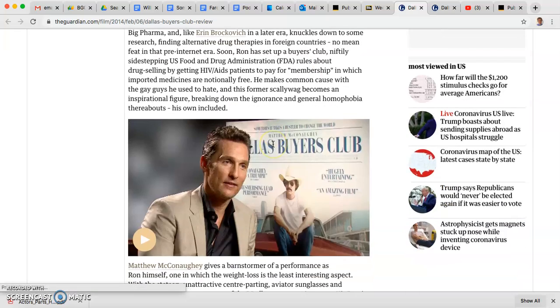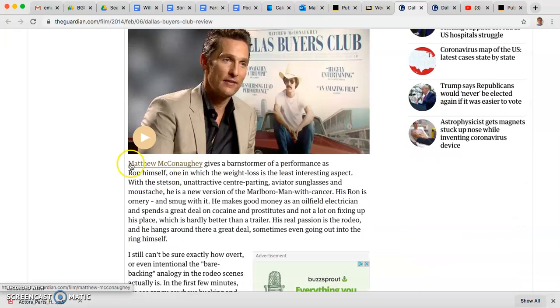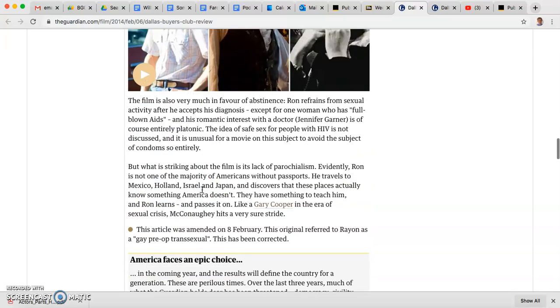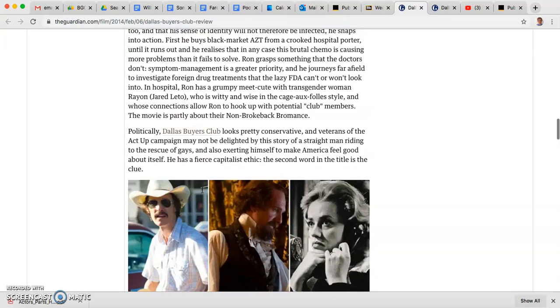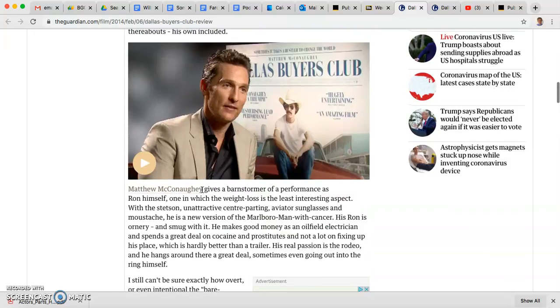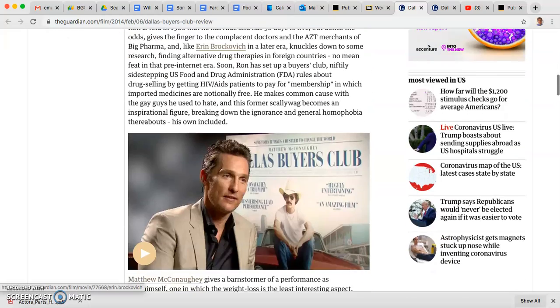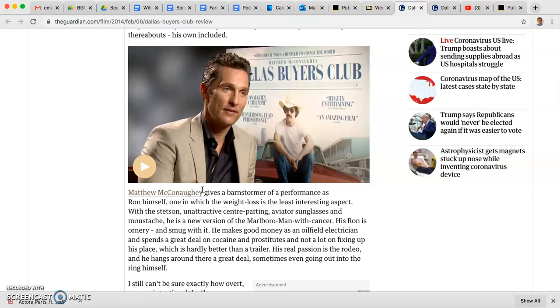And also, there's obviously an evaluation of the main performances in the film. I believe Matthew McConaughey and the supporting. I think this movie won 2 Oscars for the acting in it. Jared Leto, being the supporting actor, won Best Supporting Actor. But here, it's very clear in this paragraph how this reviewer is analyzing the acting, right?